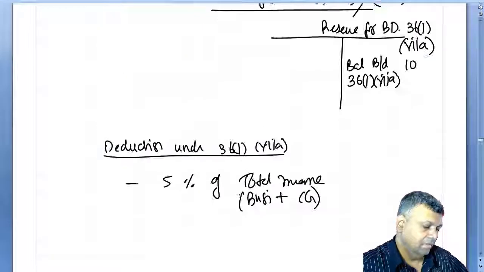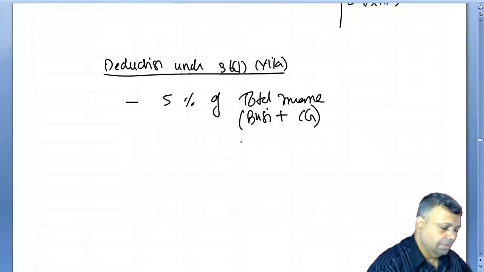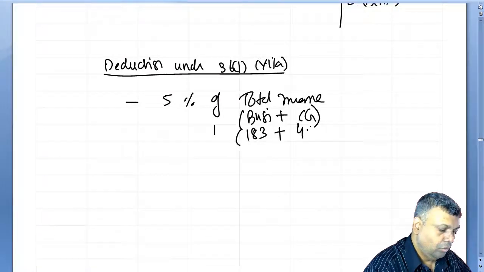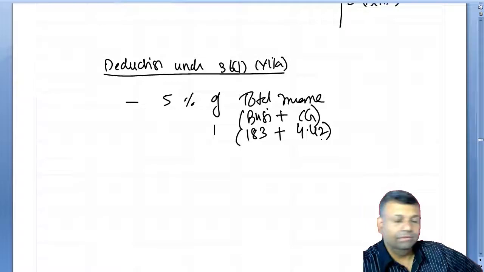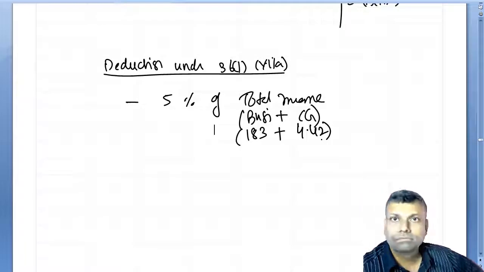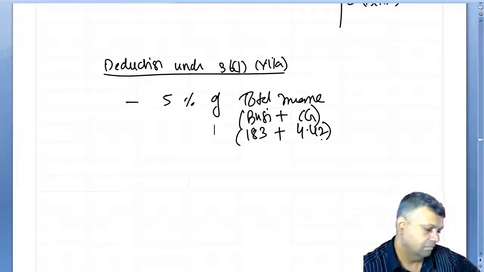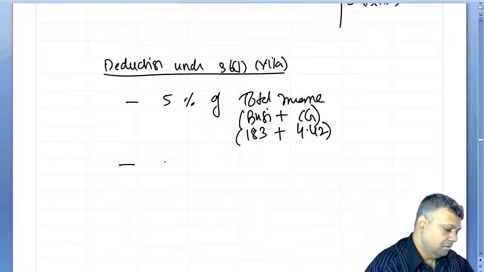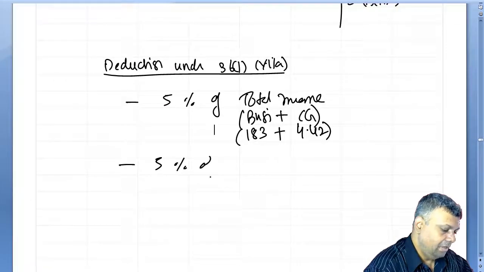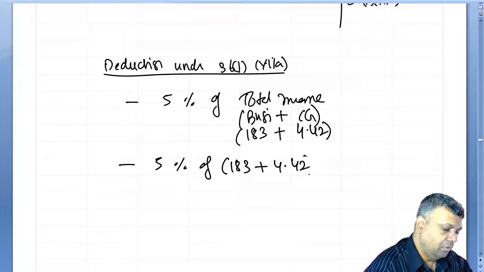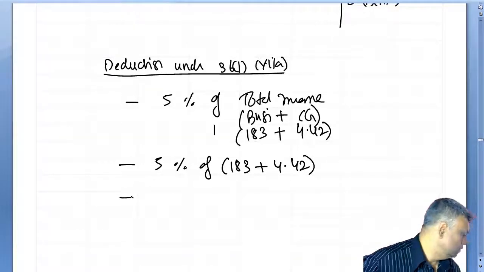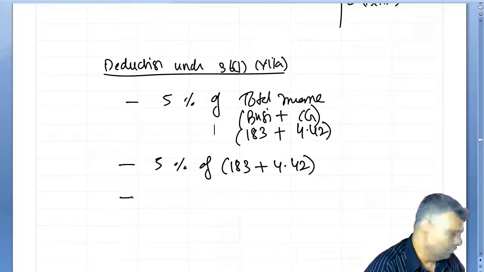So 5% of the total income, that means business income 183 plus 4.42 is your capital gains. So it is 5% of 183 plus 4.42. That is your limit, and that amount comes to 5% of this comes to